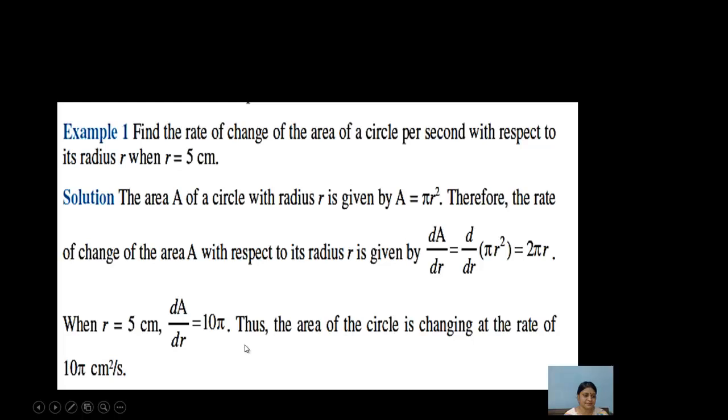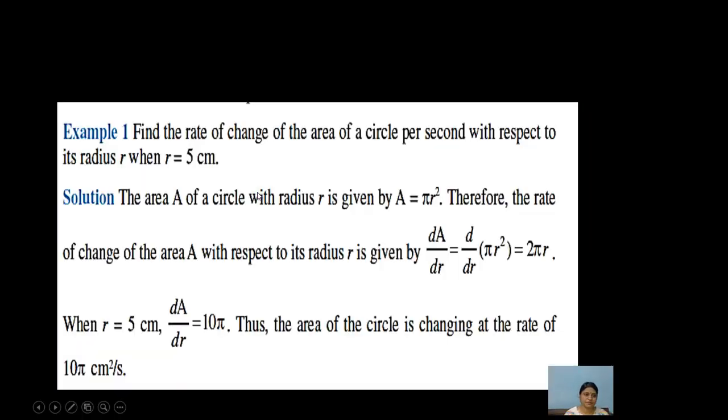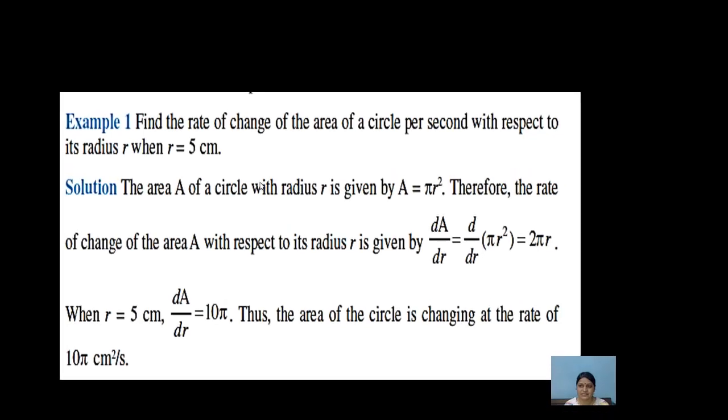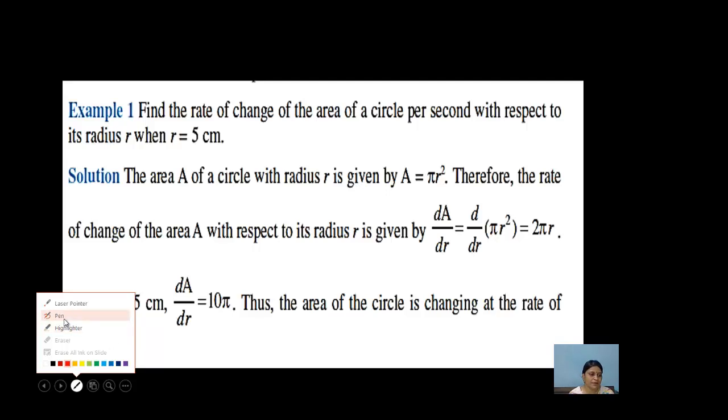The next is the example based on the rate of change. Find the rate of change of the area of a circle per second with respect to its radius r when r is equal to 5 centimeters. Means you know the circle, how the circle is, right? So the circle here is what it says,